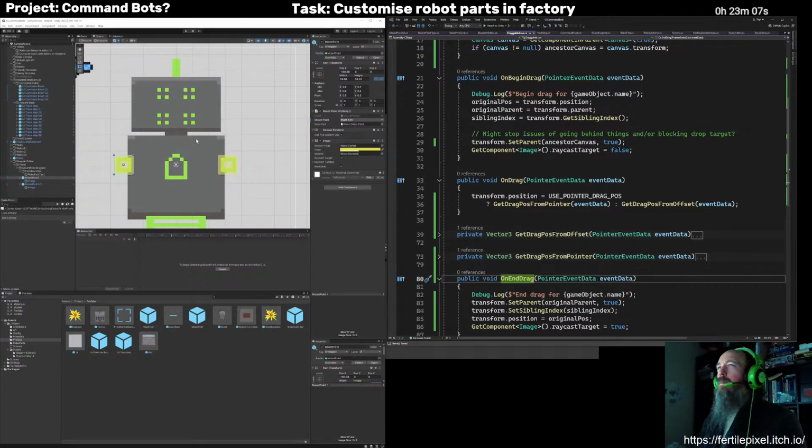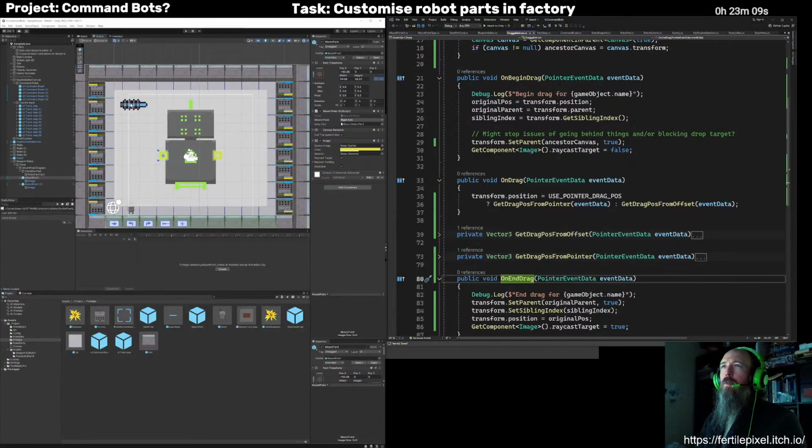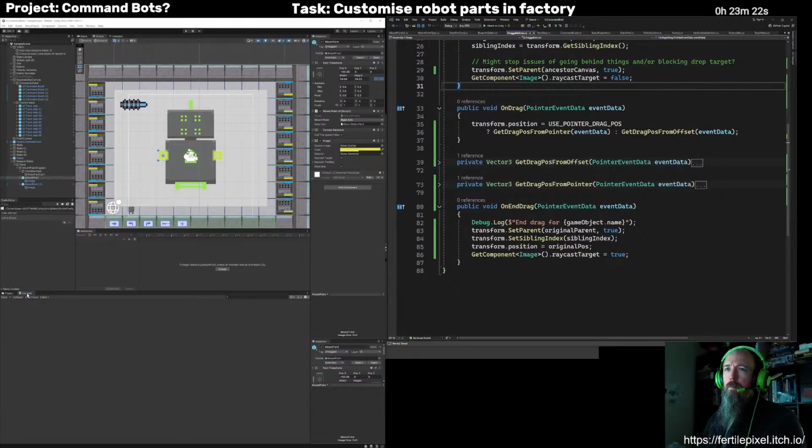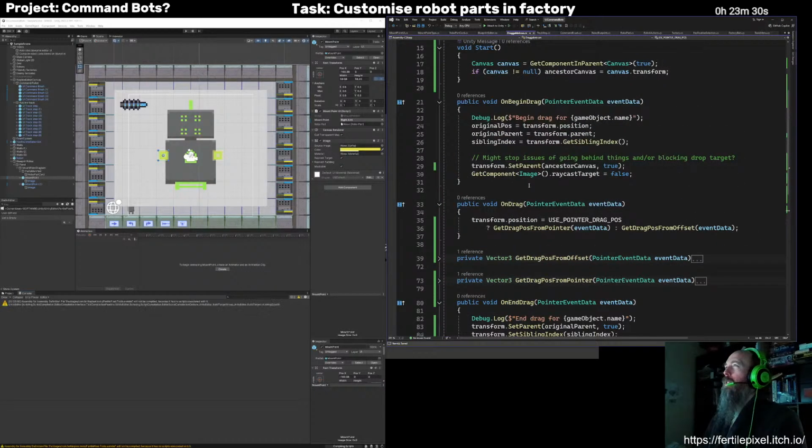Right, so I showed just before that I can drag this onto here, and that's good, but that's just the UI of it. So I'm going to keep the console open here so I can find extra debugging messages that I am not interested in anymore.